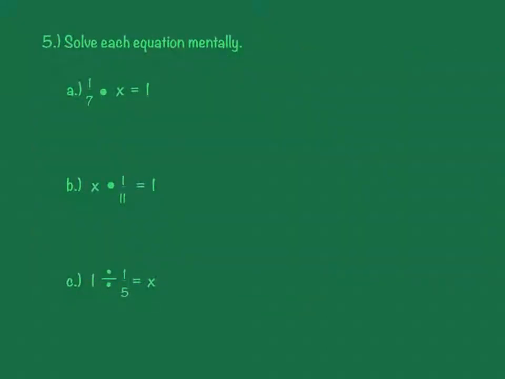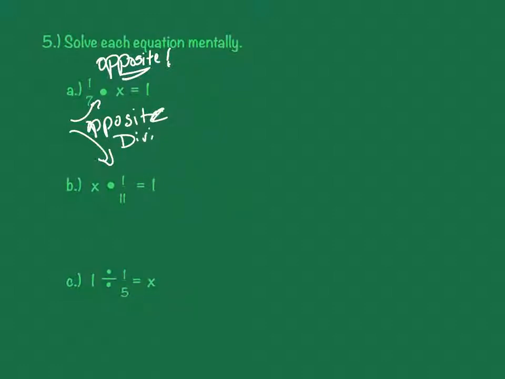Solve each equation mentally. This is fun. Okay, if you remember correctly, we always do the opposite. When we're solving any kind of equations, we always do the opposite. So, for these first two, I'm multiplying. So that means that the opposite is to divide. So that means that x is going to equal 1